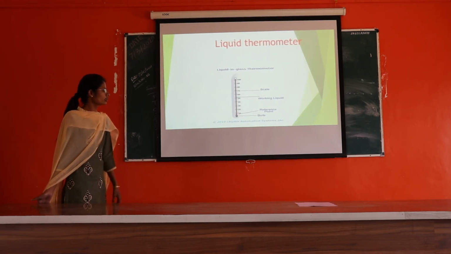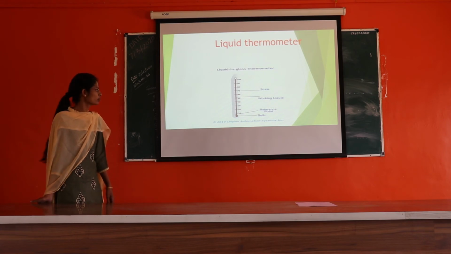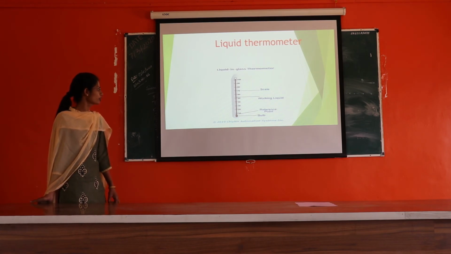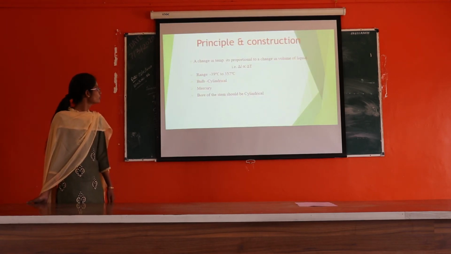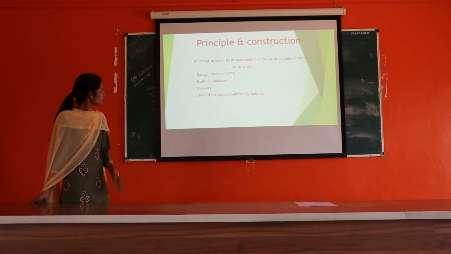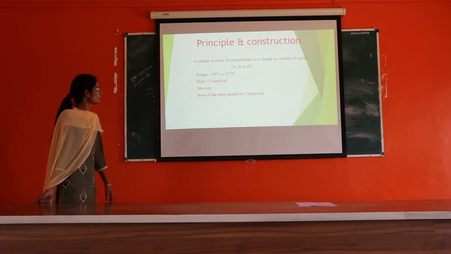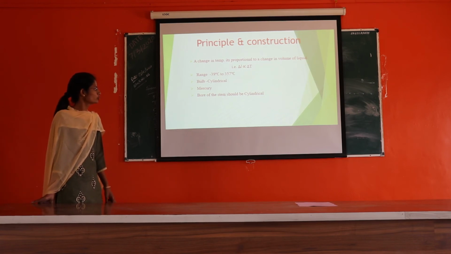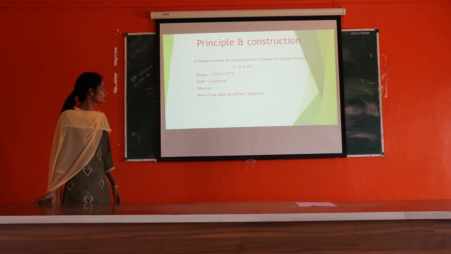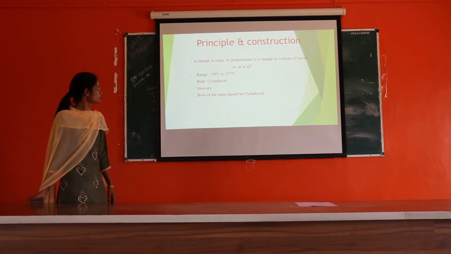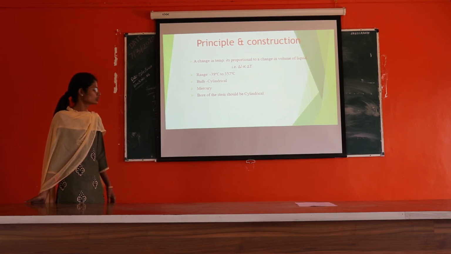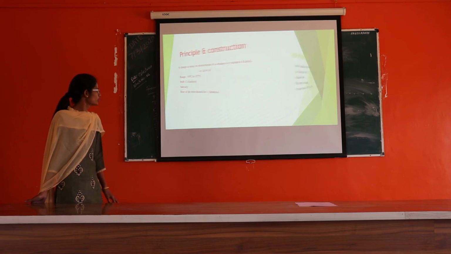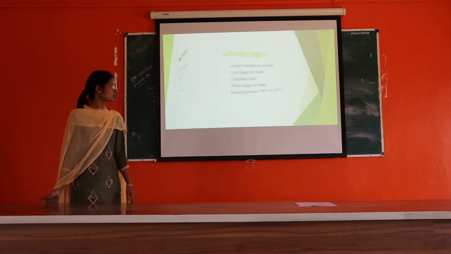This figure shows that the liquid thermometer in liquid glass thermometer contains scale, working liquid, reference point at bulb, principle and construction. Change in temperature is proportional to change in volume of liquid, that is delta L is directly proportional to delta T. Its range is from minus 39 degrees Celsius to 357 degrees Celsius. Its bulb is cylindrical. Advantages: